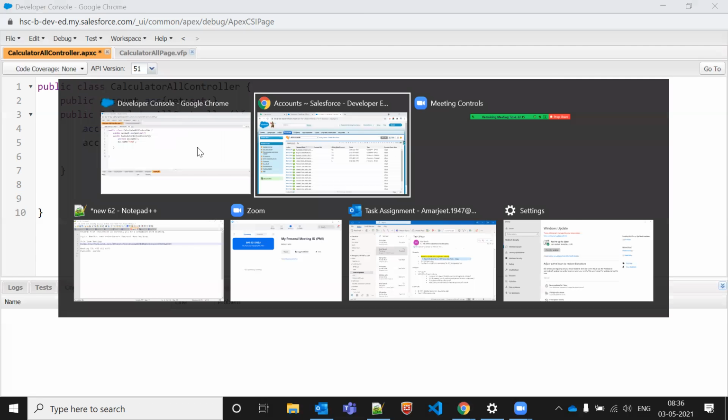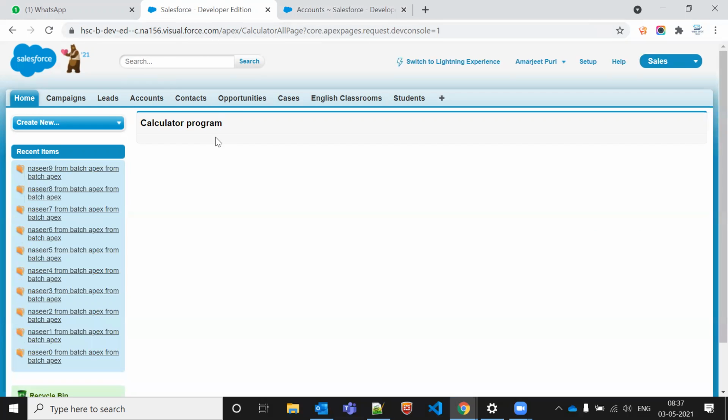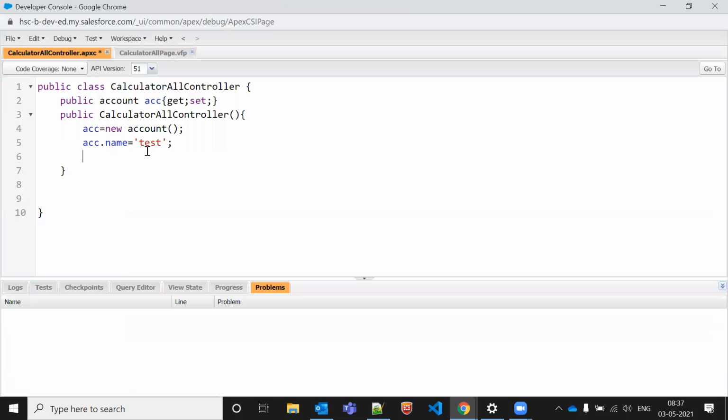The client requirement is, once we are loading the page, please understand carefully and give me the answer if you understood the requirement. So once my page is loaded, I'm refreshing the page, my test record should be inserted to the database. So how will it be possible? Can I do insert acc here, and once I load the page, it will be inserted? Is it possible or not?